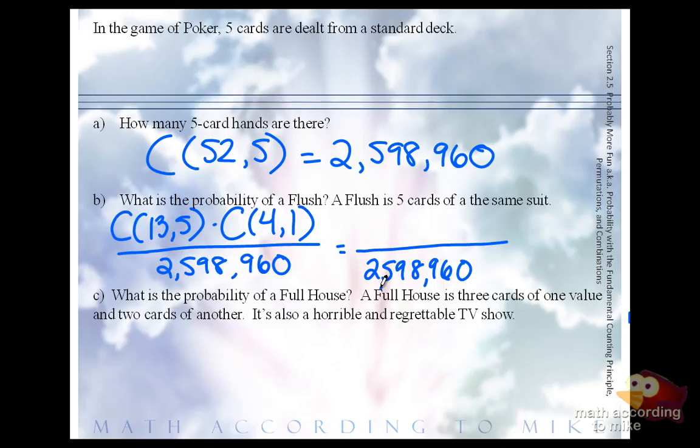I just read part C, that's fine. What is the numerator? 13 choose 5 times 4 choose 1? Yep. This does reduce. Your calculator may not be able to reduce it. After a certain while, if the denominator is too big, it says, I don't know what you're talking about. You get 33 over 16,660.